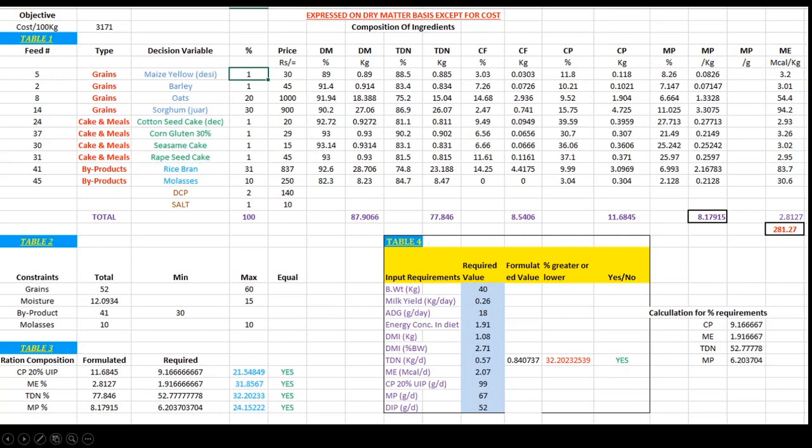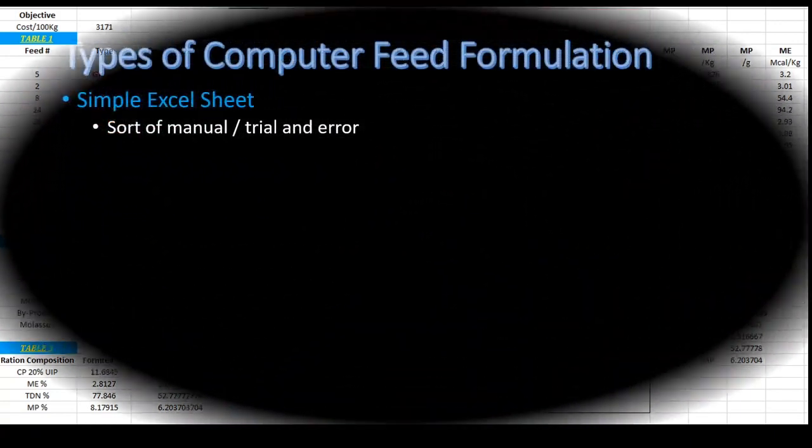But again, we get the answer only in the form of yes or no, or high or low. Again, we can't say this is a very good way of doing feed formulation, and we cannot get a very least cost feed formulation by using this sheet.